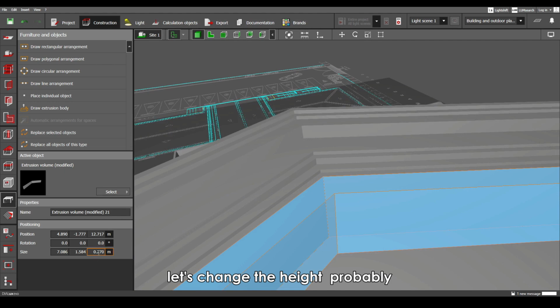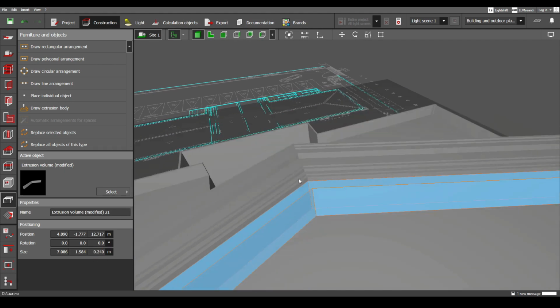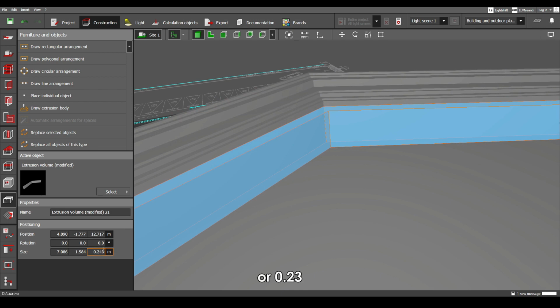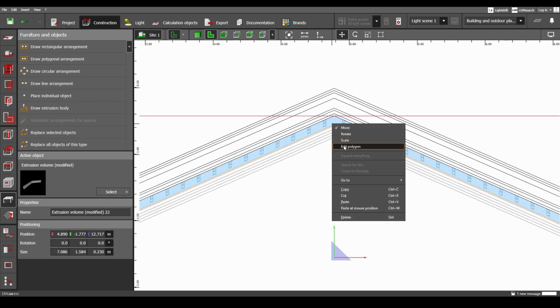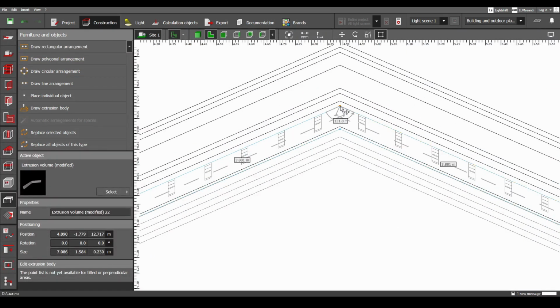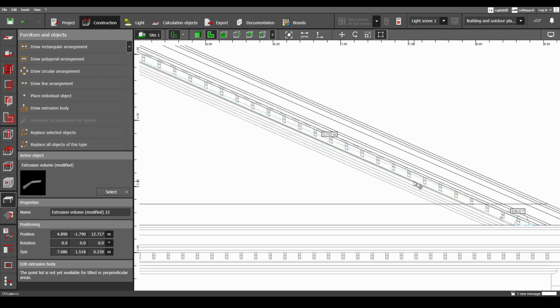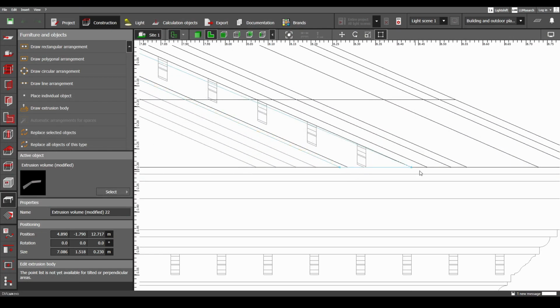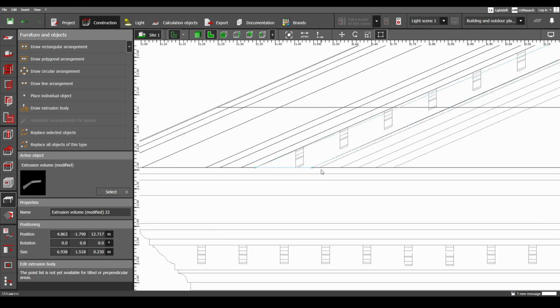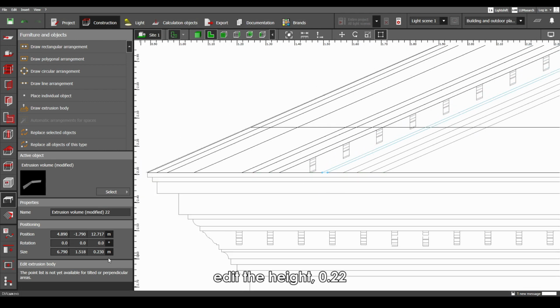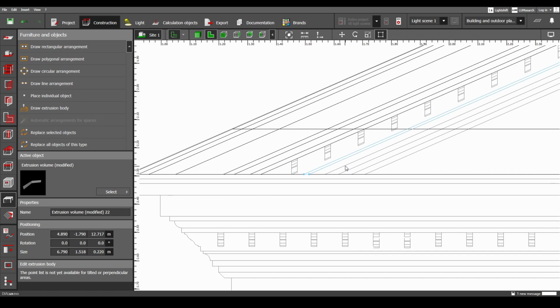Let's change the height, probably 0.24 or 0.23. Duplicate. Edit the height, 0.22, duplicate,